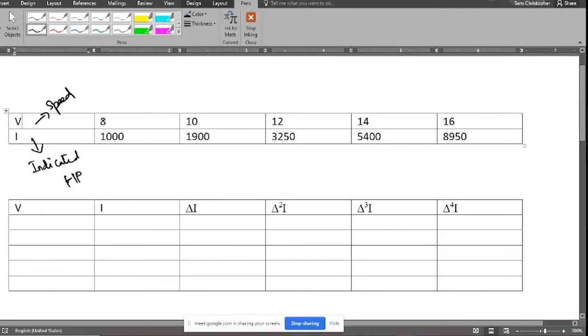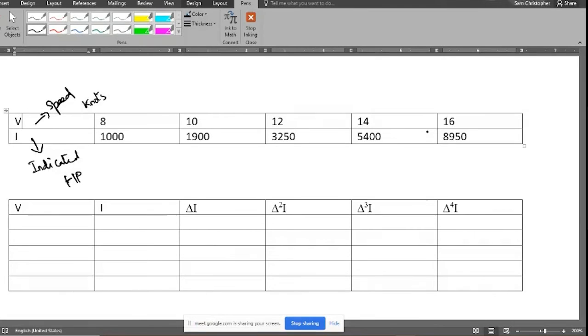Okay, the speed is in knots; they use nautical miles. So knots developed by a ship. What this means is: when the horsepower is 1000, the speed is 8; 1900, 10; 3050, 12; 5400, 14; 8915, 16. The ship just generates that particular power, and that is the technical term.